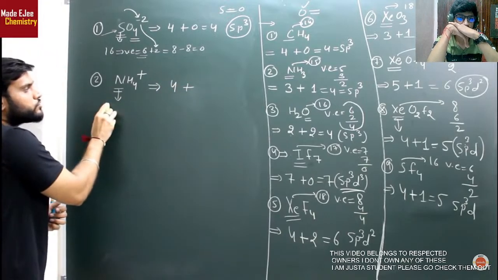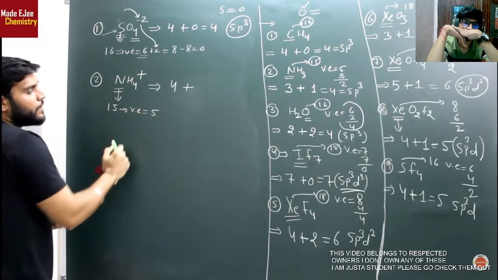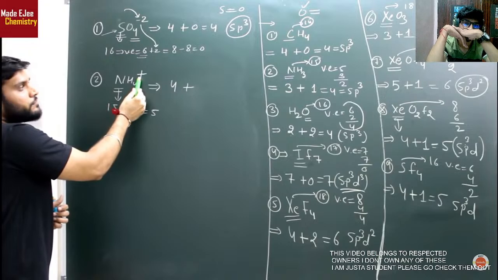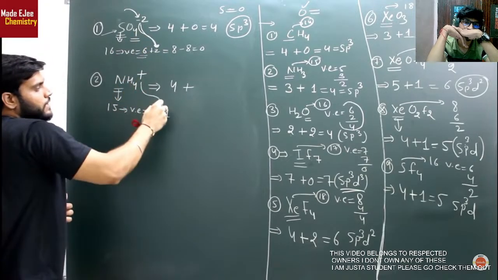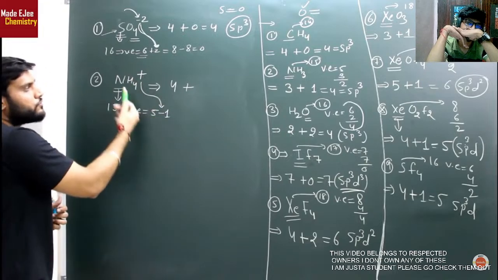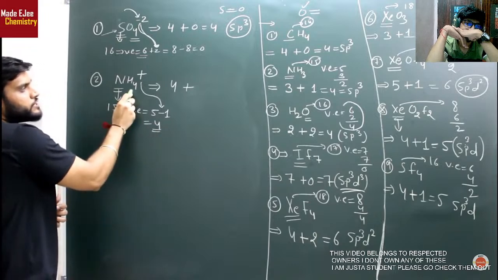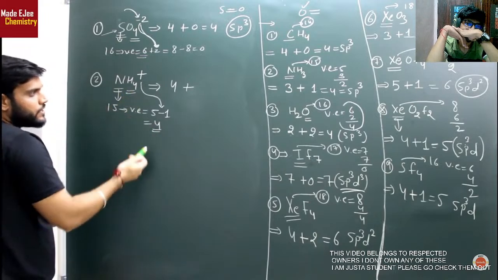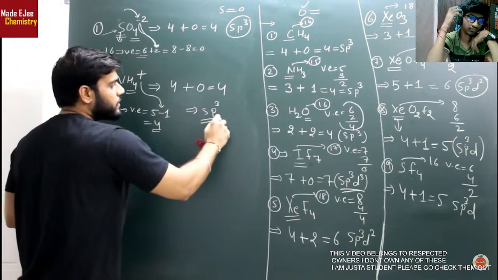तो देखिए नाइट्रोजन किधर आता है? नाइट्रोजन फाइनली आता है ग्रुप नंबर 15 में। उसके वैलेंस इलेक्ट्रॉन कितने होते हैं? 5। अब देखिए 5 वैलेंस इलेक्ट्रॉन थे, एक प्लस का साइन लगा हुआ है, प्लस के साइन का मतलब क्या? एक इलेक्ट्रॉन चला गया, तो 5 में से एक घटा दो। अगर माइनस लगे तो जोड़ दोगे और प्लस लगे तो घटा दोगे, बस ये ध्यान रखना आपको। ऑब्वियसली प्लस लगा, घटाओगे क्यों? क्योंकि एक इलेक्ट्रॉन निकल चुका है। तो 5 में से एक चला गया तो बचे 4। अब ये 4 इलेक्ट्रॉन उसके पास थे, चारों के चारों उसने काम पे लगा लिए, क्योंकि 4 इसने बॉन्ड बना के रखे हैं। तो फाइनली यहां पर लोन पेयर 0 बचे, तो फाइनली 4 हुआ टोटल। तो यहां पर आंसर कितना आएगा? sp3। इस तरह से आपको आंसर निकालना होता है।